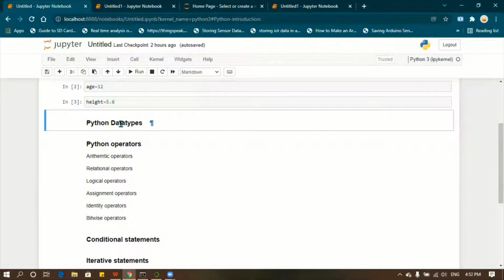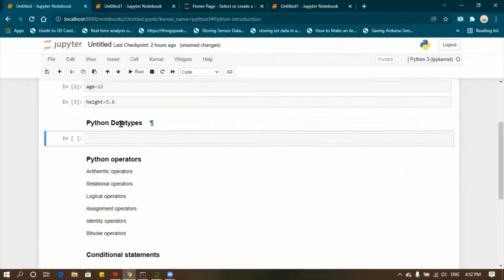Height is equal to 5.6 consists of point numbers, right? So for these data types, we are going to create a new cell. Name equal to Arun, this data type is called a string.